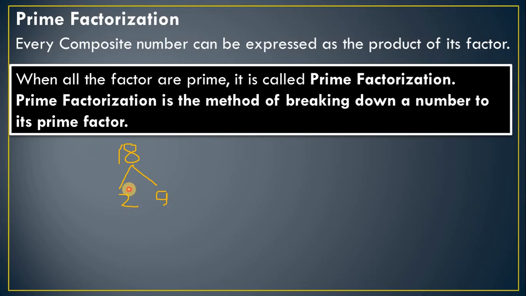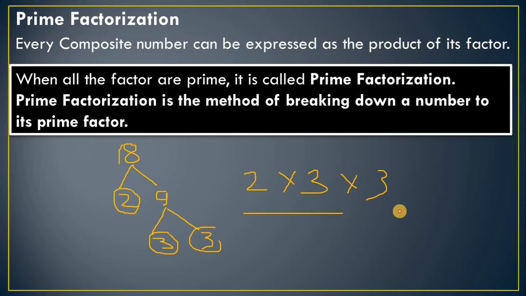Finally here 2 is a prime factor, but 9 is not a prime number. So again you can break the 9 into two numbers, like 3 threes are 9. So finally we got all the prime numbers at the end of the tree. So here this is 2, 3 and 3. So its factors are 2, 3 and 3. You can write in the multiplication form. And whenever you multiply these numbers, like 3 into 2 is 6, 6 into 3 is 18, we get back the same number. So these are the prime factors.